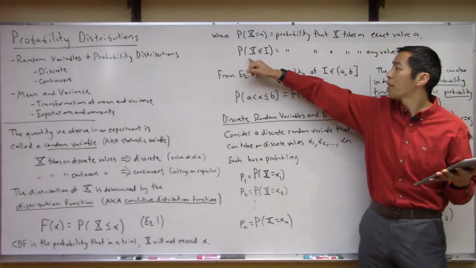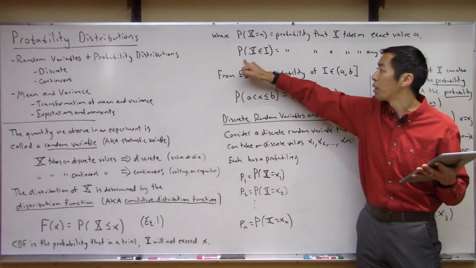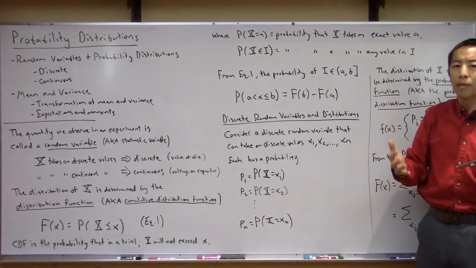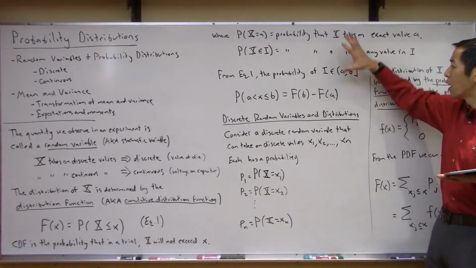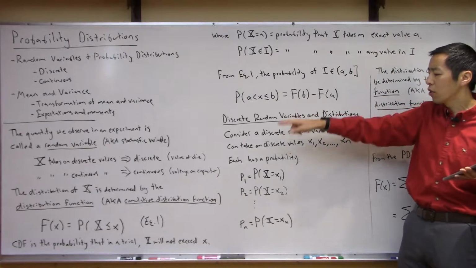So again, let's call that probability of this interval as denoted like this. We're going to say that the probability that X is in this interval, this notation means: what's the probability that the random variable X falls within that range? So if you look at this long enough, and you start thinking about combining this with our idea of the